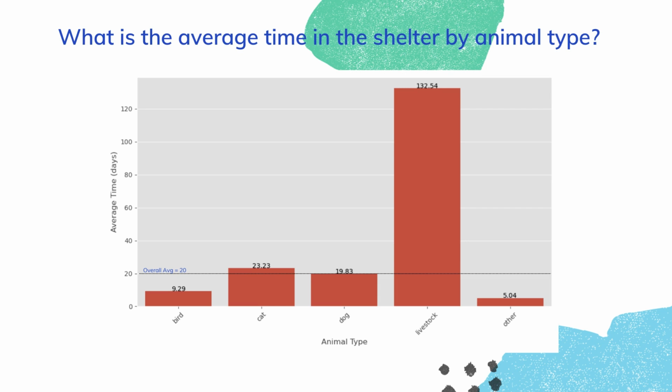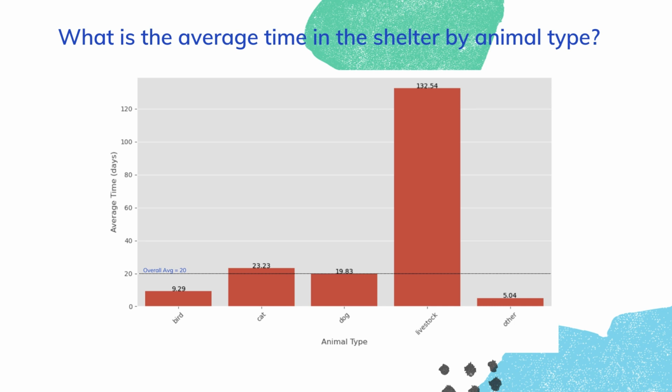In continuing with our analysis, we asked, what is the average time in the shelter by animal type? As you can see here, between 2013 and February of 2024, livestock animals spent the longest average time in the shelter with approximately 132 days. This was followed by cats with 23 days, dogs with 20 days, birds with 9 days, and lastly other animals